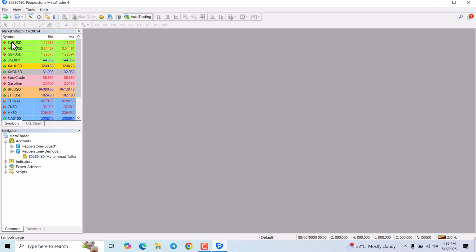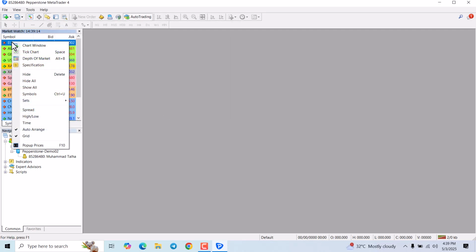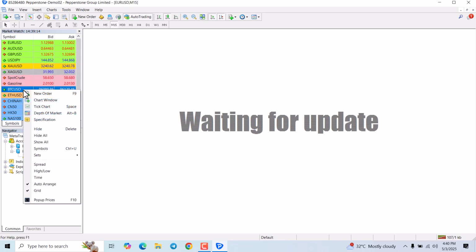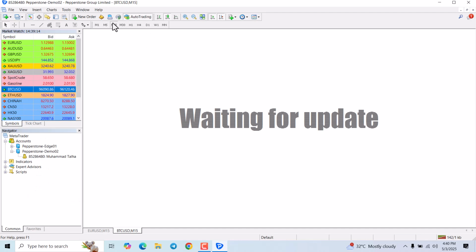Now you need to open a chart. Right click on the chart window, and we can use M15. Let's open another chart, BTC. The chart is loading right now. Okay, so once you open this, then you need to go to Expert Advisors, and here you can see our